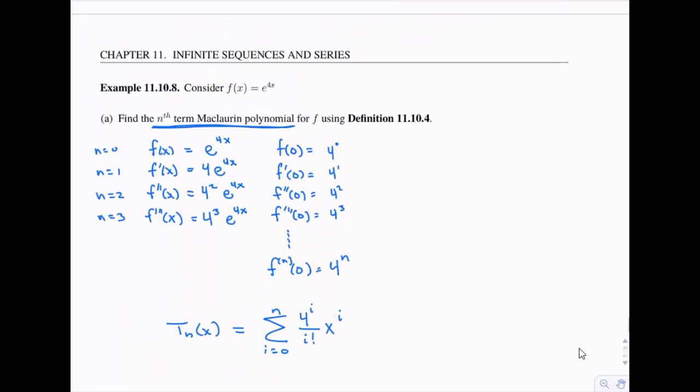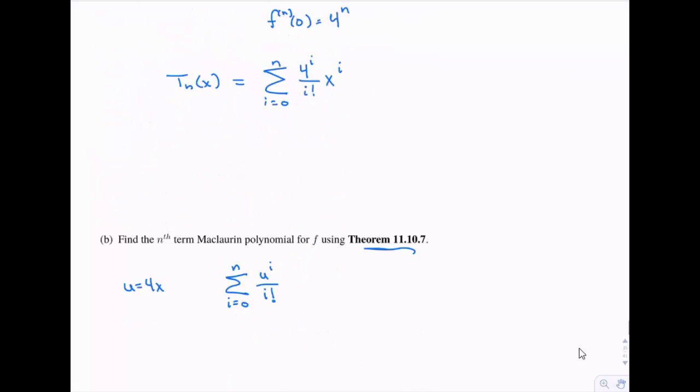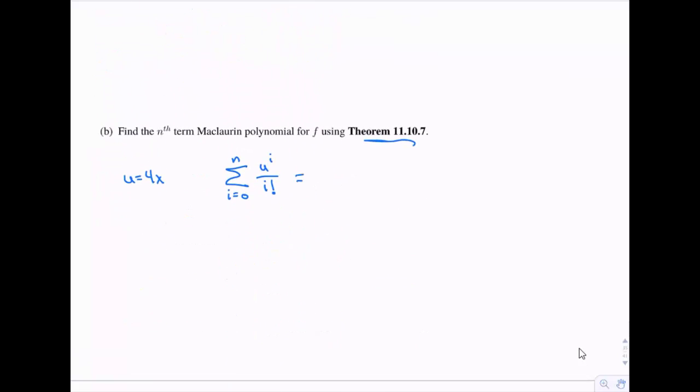So let's go ahead and try plugging that in there. Again, we get this from up here. Our function is e to the 4x, so it's really like e to the u. That's how I know that u should be 4x. Okay, so this is the sum from i equals 0 to n of (4x) all raised to the i over